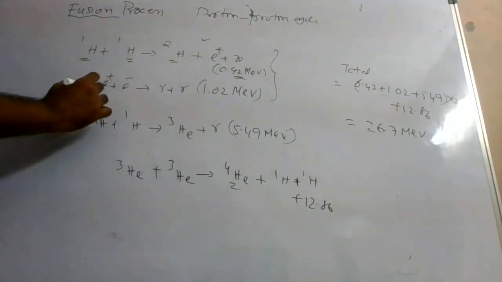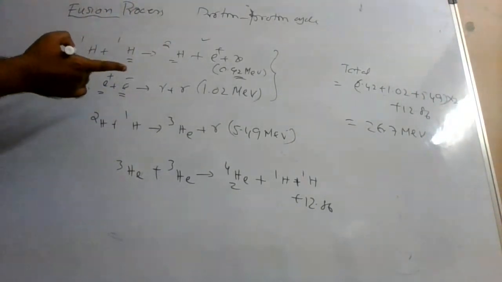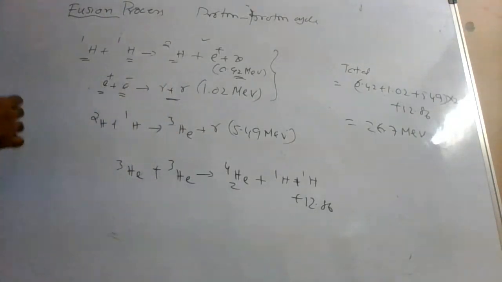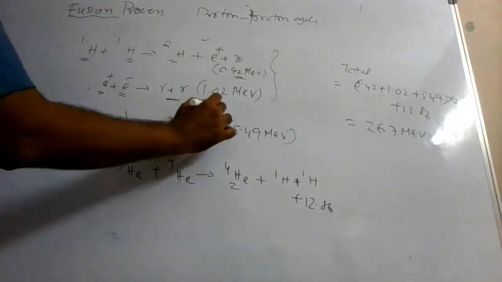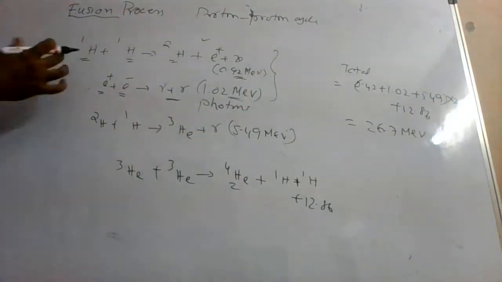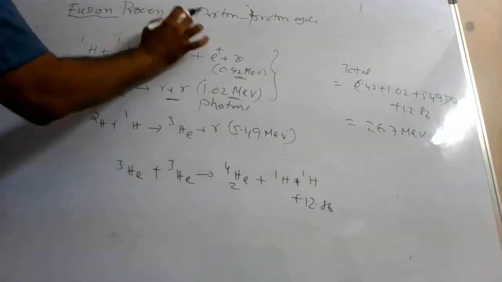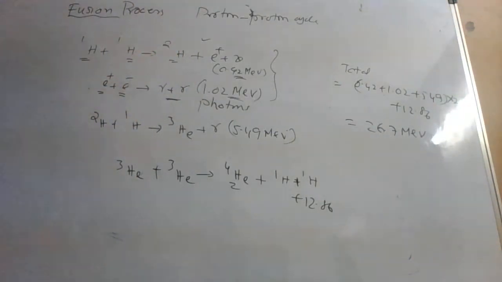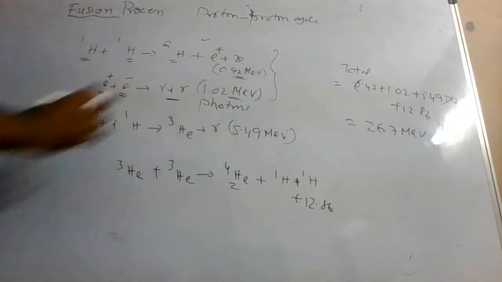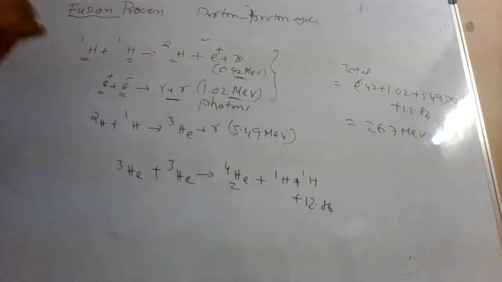Now this positron that is created immediately mixes with an available electron, and in this process two gamma radiations, that is photons, are emitted. Photons are emitted means this much energy is released. You may wonder why this energy is released. If you individually weigh them, let us say this is 2 grams, this will be 1.9 grams. So there is a mass defect, and that mass defect multiplied by c square gives this value. So these two happen, and this is one set.